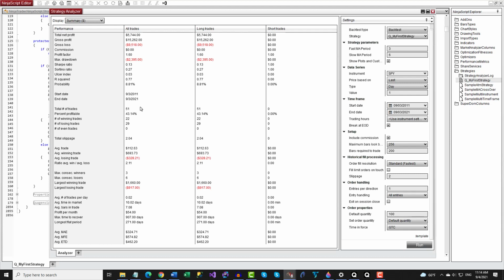Our backtest was successfully executed by NinjaTrader 8, as can be seen by the fact that our total number of trades was non-zero, and the other fields are generally populated with non-zero data. If all you see are zeros, something went wrong. First, maybe the value of one of the fields in the Strategy Analyzer's property grid is causing the problem. For instance, maybe you have no trades because there is no market data to backtest over. This could be the case if the instrument field is set to one for which your installation of NinjaTrader 8 has no market data between the start date and end date.